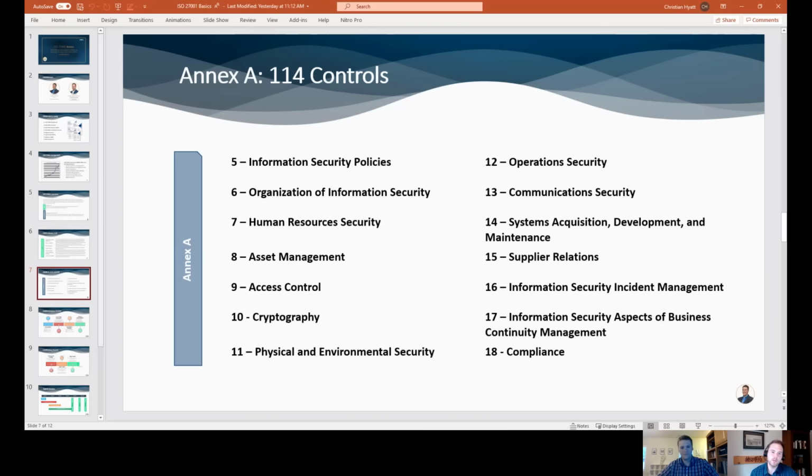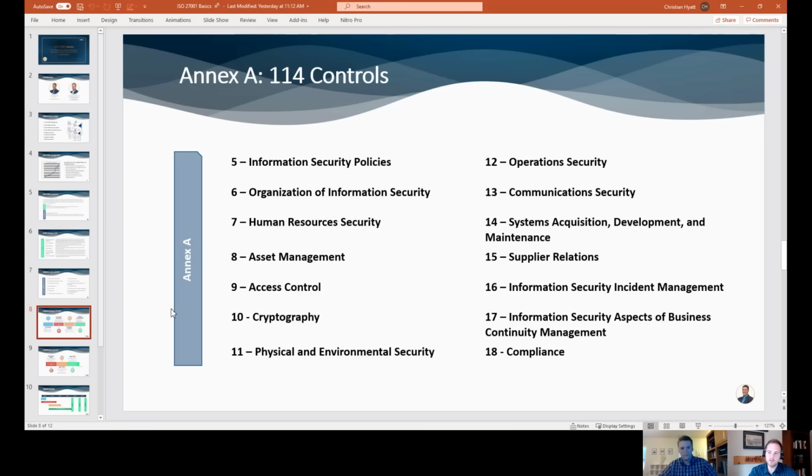I guess I'll point people to resources if you want to dive deep on these controls to understand the requirements. Probably your best place to look is ISO 27002. That is the implementation guidance that is paired with ISO 27001. We also have a white paper on the website that breaks out ISO 27001 into human readable format so that you can ask questions of your environment. We have a whole section in that white paper that breaks out each section and gives you about 5 or 10 questions that you can ask yourself. Do I have this policy? Am I doing this? To kind of do a self-assessment. So I highly recommend that white paper.